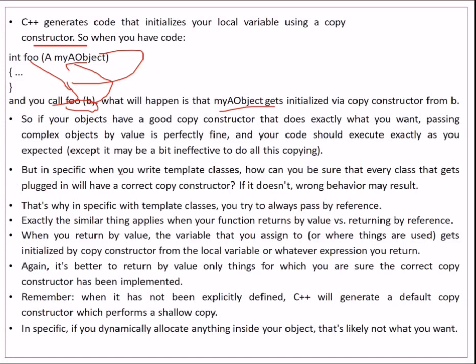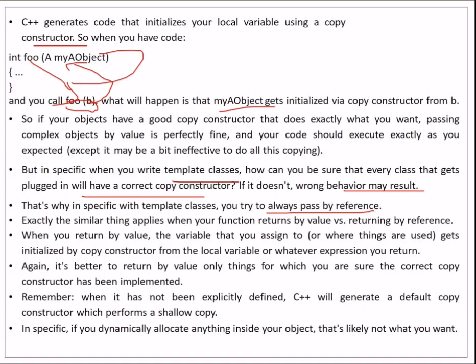But specifically, when you write template classes, how can you be sure that every class that gets plugged in will have a correct copy constructor? If it doesn't, wrong behavior will occur. So that's why with template classes, you try to always pass by reference.